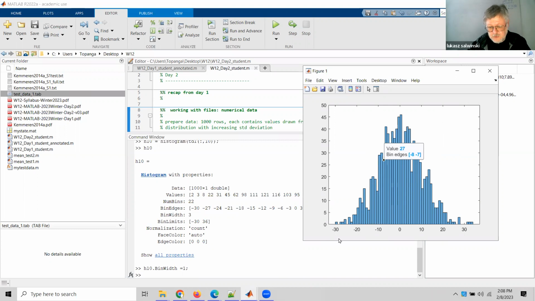We can also modify what's shown on the vertical axis. By default, we're getting just counts of observations within each bin. So let's say in the center we're getting about 2 bars with about 45 observations there. This is useful when looking at a single